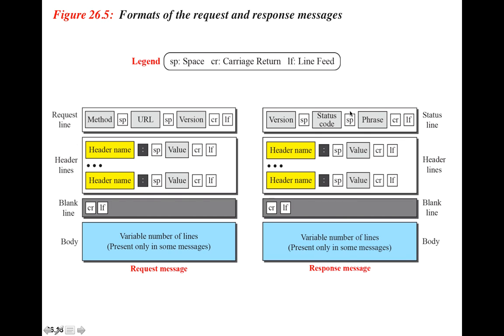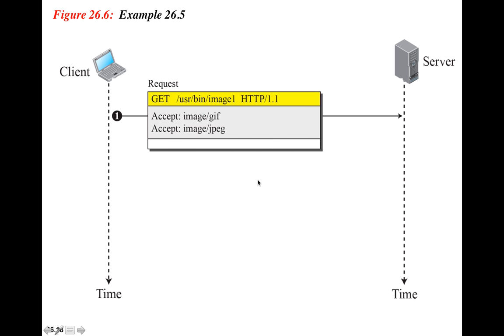Now, to look at the response side of things, we have the version of the protocol, space, status code. Now, this status code will tell us more information about the task. Was it successful? Was it unsuccessful? If it was unsuccessful, where was the problem from? Was it from the client? Was it from the server? All types of information will be suggested by different status codes. So an example of that